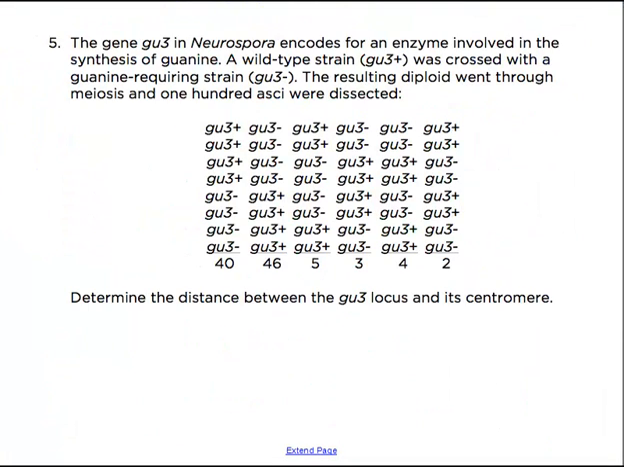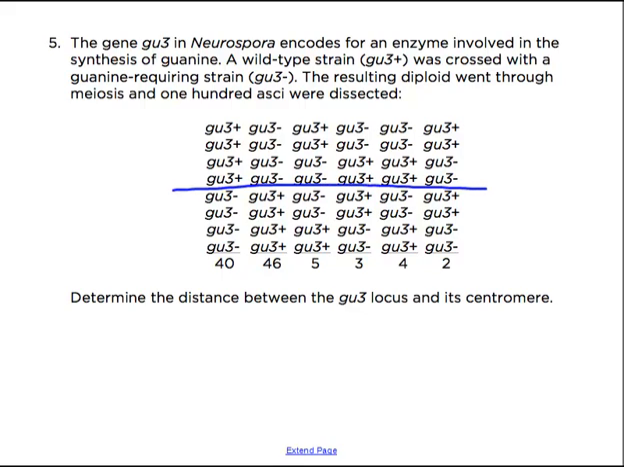Question 5. The gene GU3 in Neurospora encodes for an enzyme involved in the synthesis of guanine. A wild-type strain, GU3+, was crossed with a guanine-requiring strain, GU3-. The resulting diploid went through meiosis and 100 asci were dissected. Determine the distance between the GU3 locus and its centromere. So when you're doing centromere mapping, and remember that you can only do that in Neurospora because they make ordered tetrads, what you want to do is draw a line down the middle